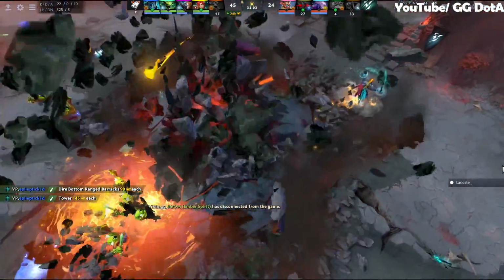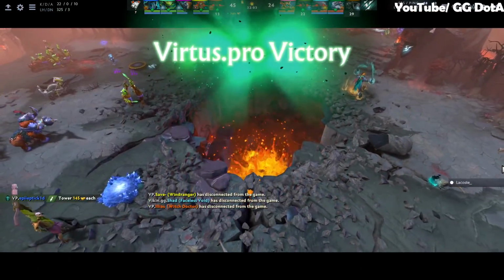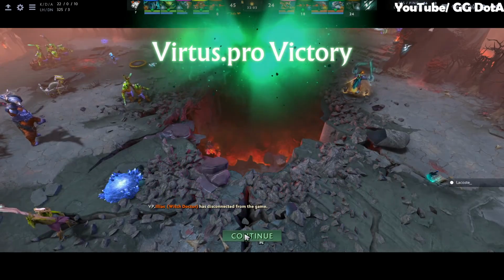Mid lane was a disaster. GPK got too much out of it. Like, they showed the Ember Spirit, picked it blindly, and yeah, Viper really